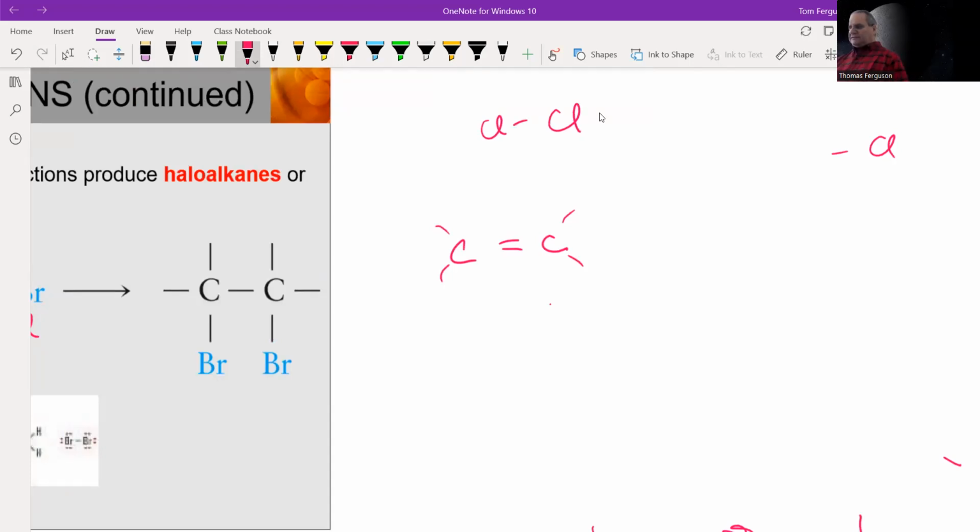What happens is the sigma bond between the two chlorines adds there, and the pi bond, and again, this is sigma and pi, the pi bond goes up here. So what you end up with is